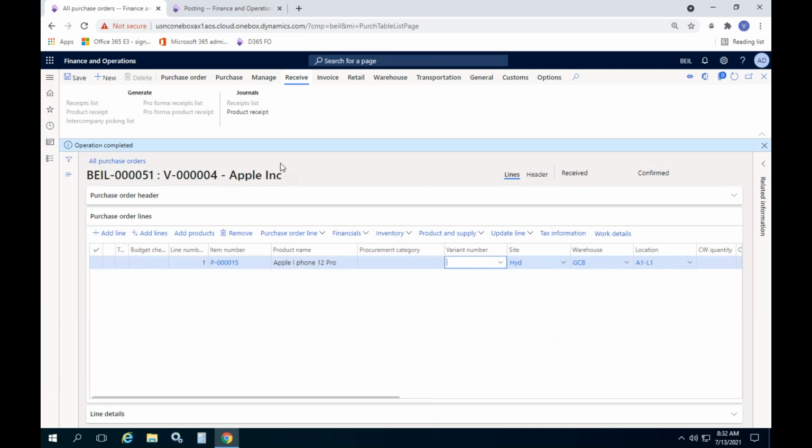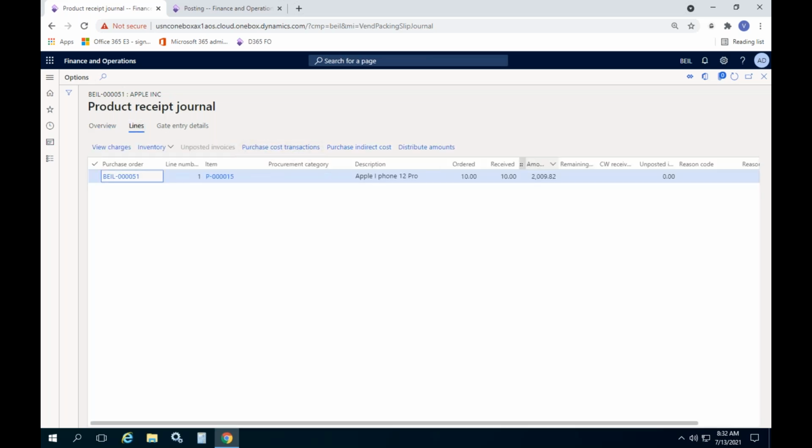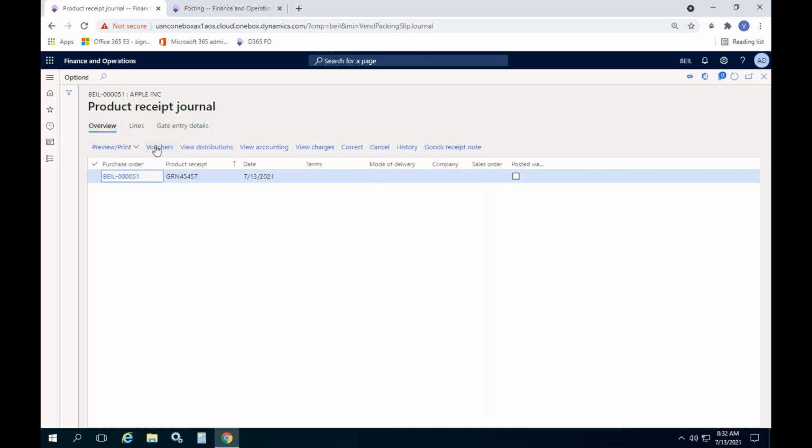Okay, it's posted. So posted for GRNs, you can see under the journals and product receipt. So this is the product receipt. You can see the lines, which are all the items that you have received, how much you ordered, how much you received, and all this. Then you can also see the voucher as well. So click on voucher